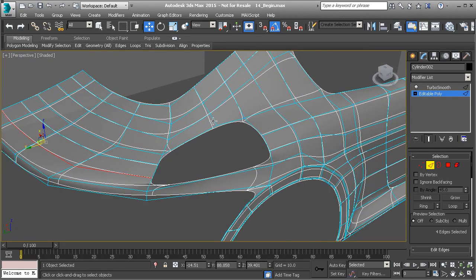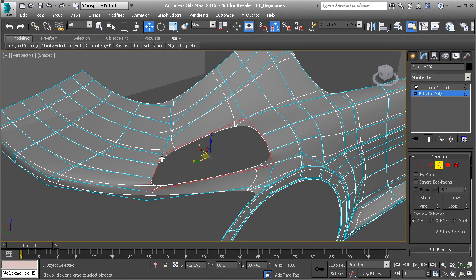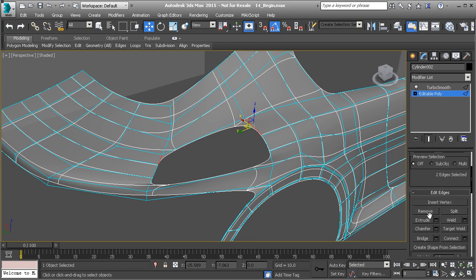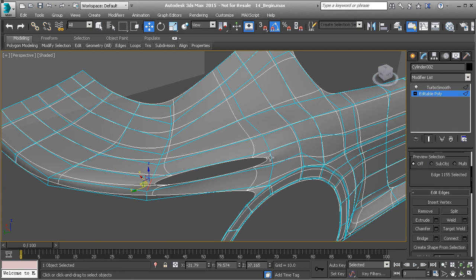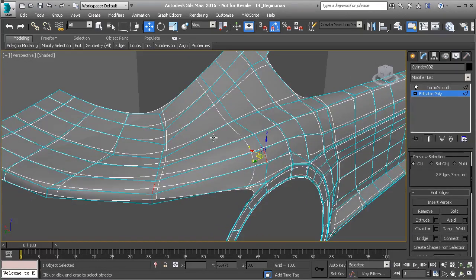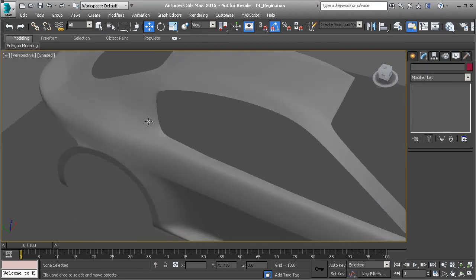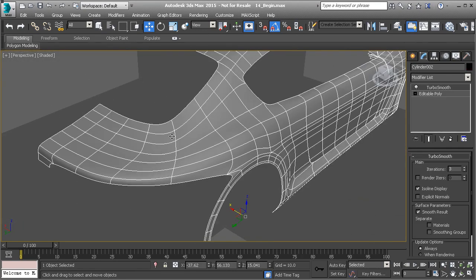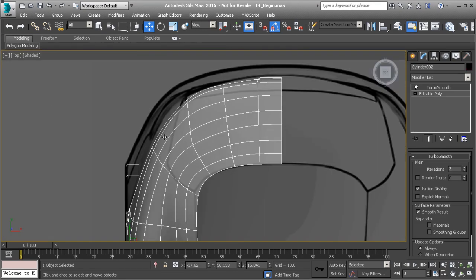To make this easy really quickly, I'm going to take this edge and hit Control Backspace to get rid of that, and I'm just going to bridge from this edge to this edge, here to here, and then here, back. Okay, so now that's all been closed in there. So now that it's been closed in, we've got enough geometry for it. Okay, it's got that nice smooth look to it,